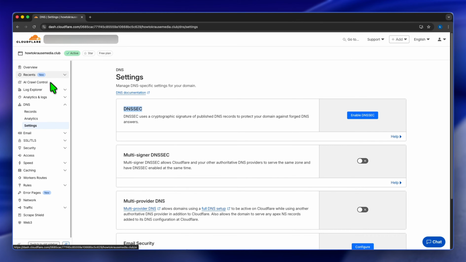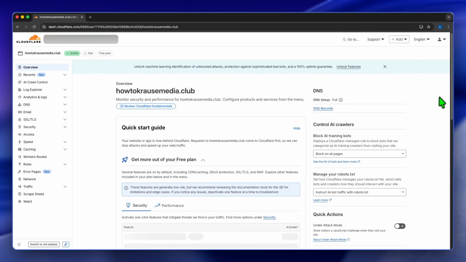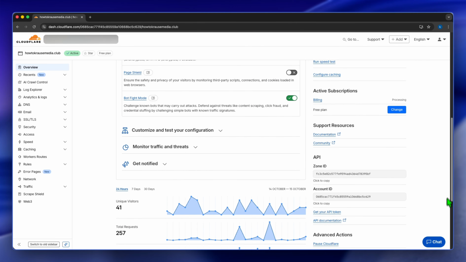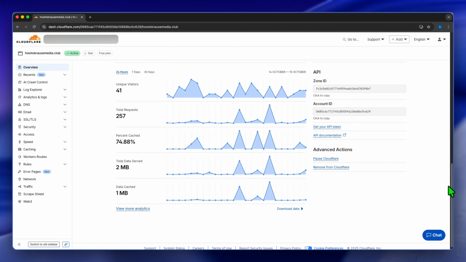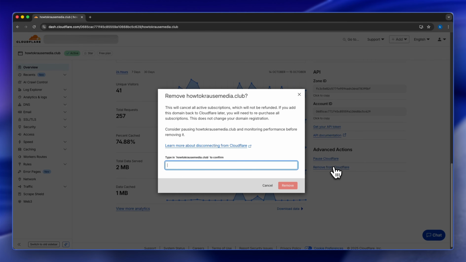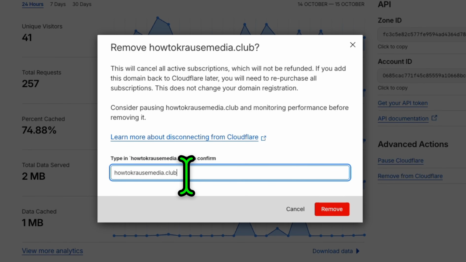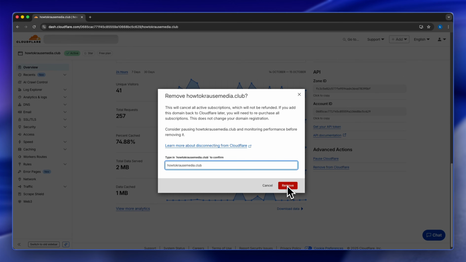Then from here, you're going to go back to overview, and in overview you're going to scroll down. On the right, the sidebar on the right, you're going to see advanced actions. In advanced actions, you're going to click remove from Cloudflare, and to remove from Cloudflare, it's going to ask you to type in the name of the domain, and once you click that and you click on remove, it's going to remove the domain from Cloudflare. And that's how you delete a domain from